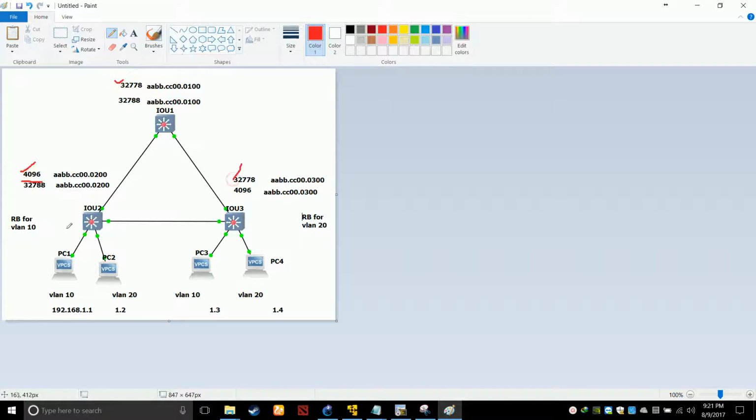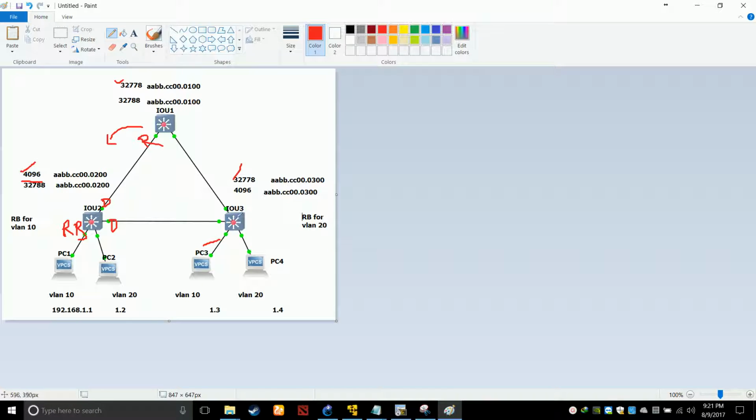So he is the root bridge. If he is the root bridge, then this port is DP, this is also DP, forwarding. What is the cost from here? 19. Cost from here 19, and more than 19, 19 plus 19. So this port will become RP for VLAN 10.